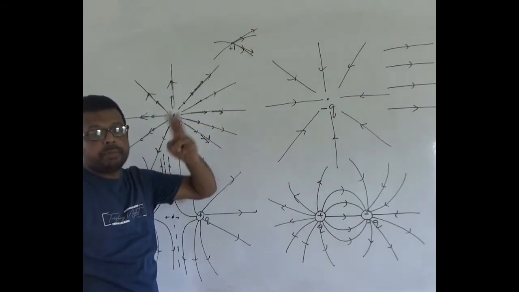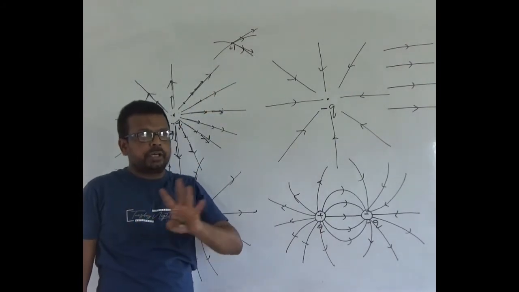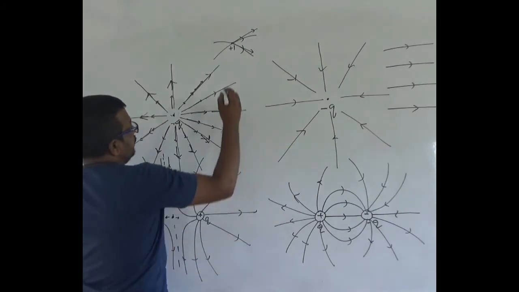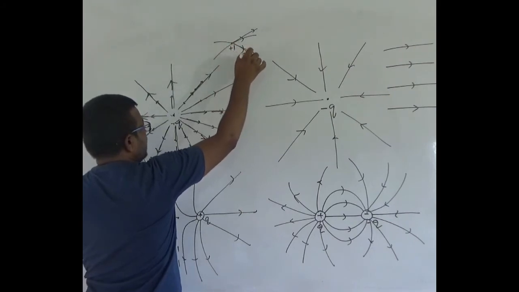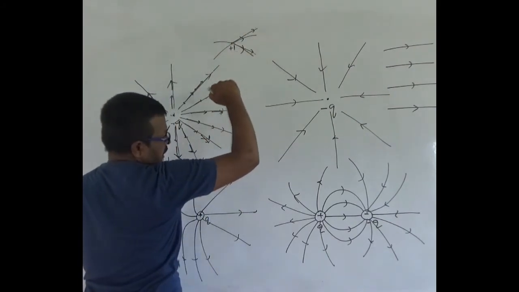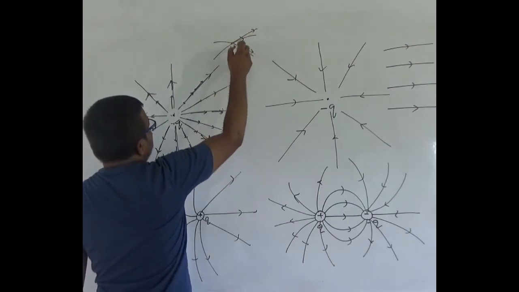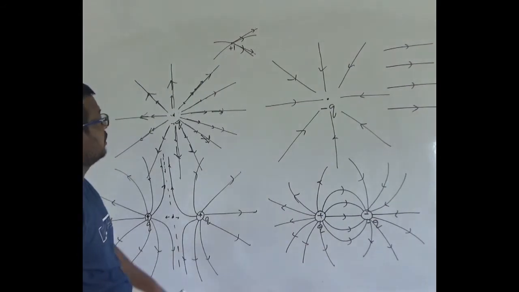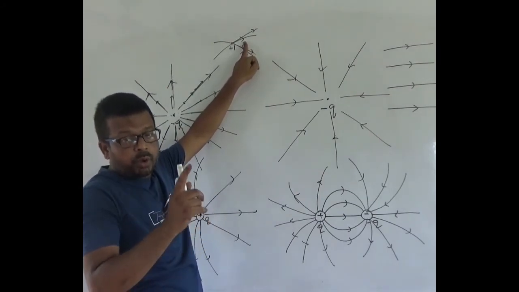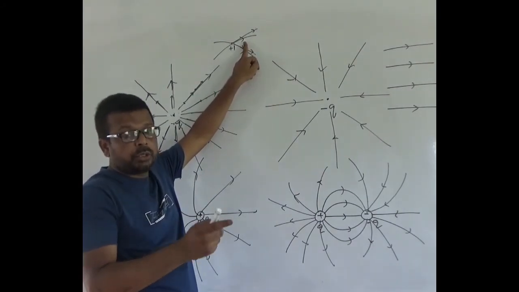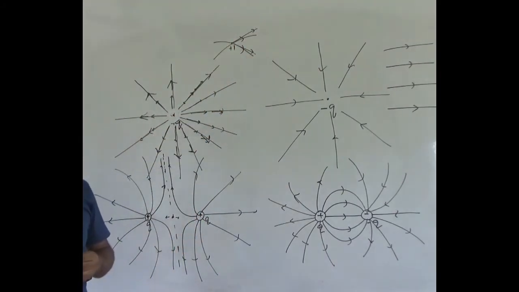But there would be a resultant force, which cannot be possible. At a time it cannot go in two directions, right? If we place a unit positive charge here, then either it will go in this direction or in that direction. Simultaneously, at a time it cannot go in both directions. That's why you have only one direction. That means you have only one tangent at a point, only one curve. That means two field lines cannot cross each other at a point.